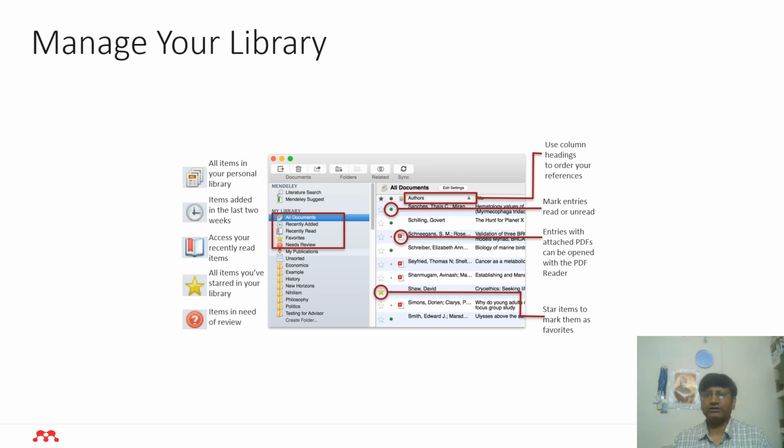So how to manage your library? Mendeley's desktop interface should be fairly intuitive if you are familiar with a program like iTunes. So you can say this software is the iTunes of PDFs or iTunes for research, or it is similar to Gmail also. The left-hand panel offers a number of different options to help filter your document list to exactly what you need.